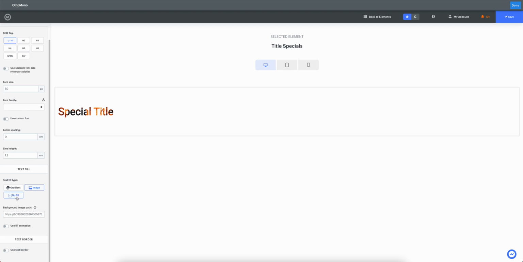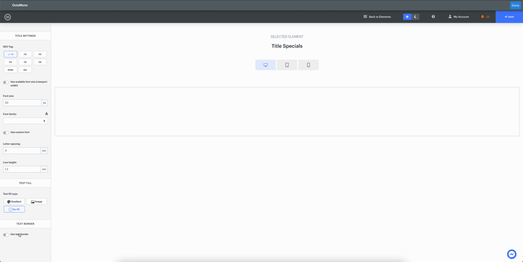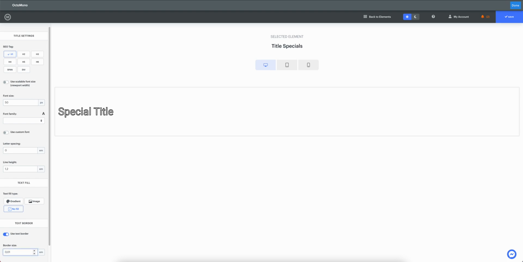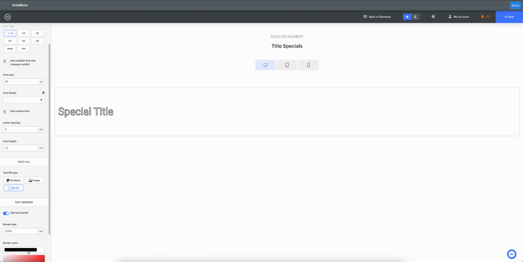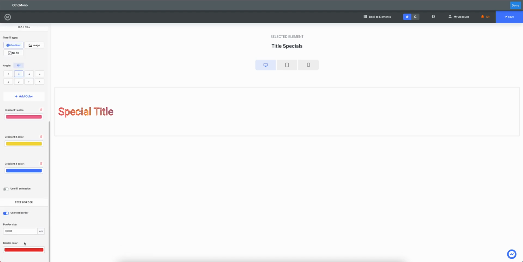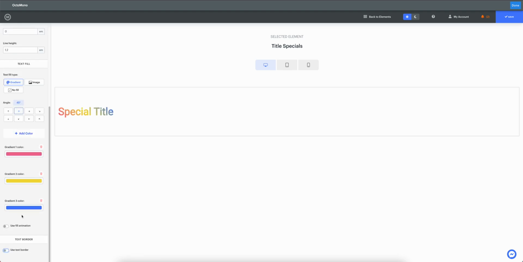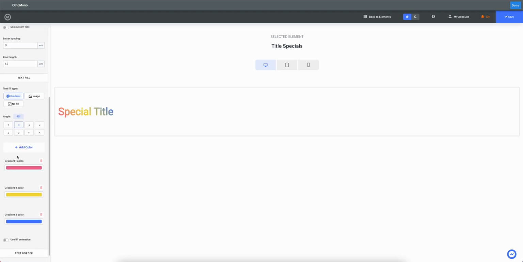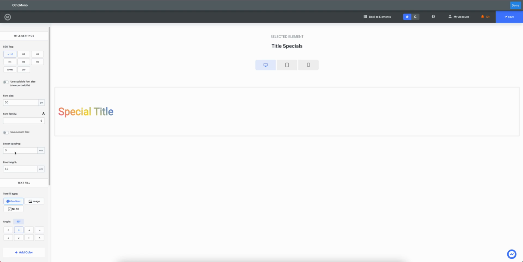You can also set a no fill, because there is also an option where you can specify a border around that text, where you can specify the width of the border as well as the color. But for now, let's turn off the border like that, and let's set our gradient just like that. So we can leave this H1 like this, and there is another really nice feature which uses a scalable font